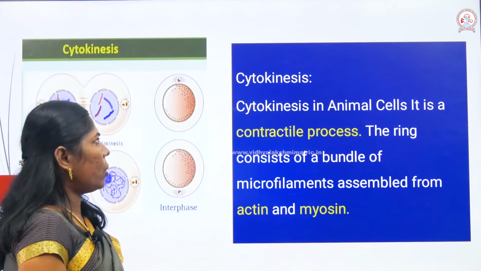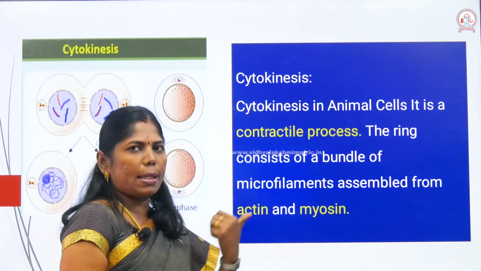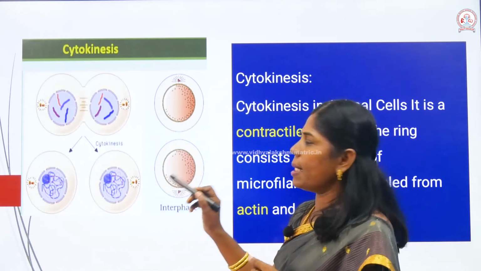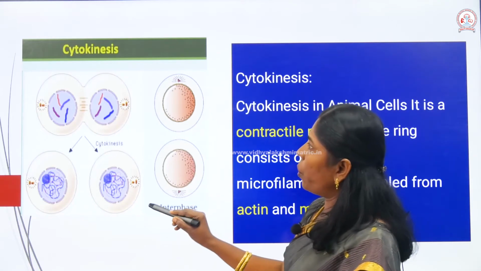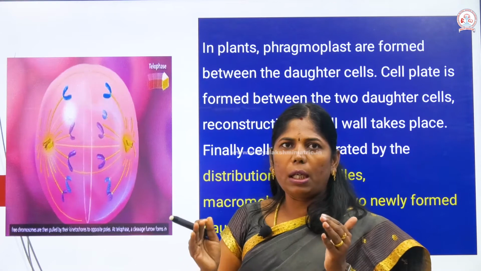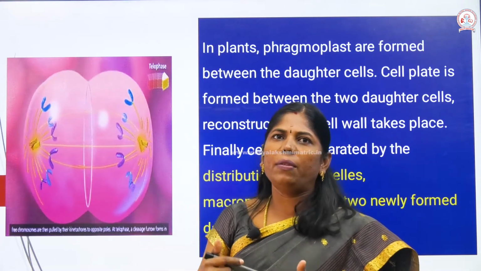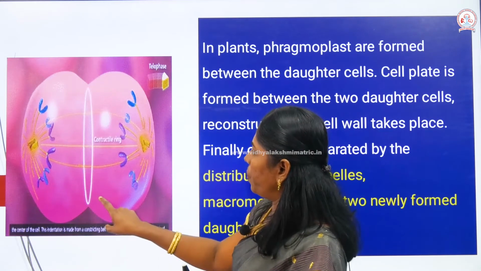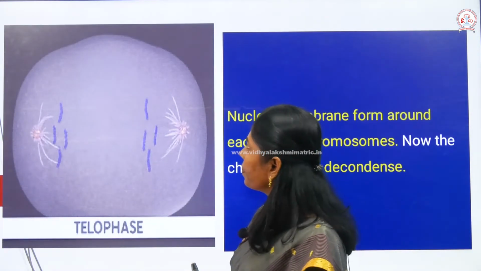So what is cytokinesis? The cytokinesis in animal cells is the cell furrow, as I said. Cytokinesis is the division of the cytoplasm. So this is cell furrow formation, from the periphery to the center. The outer cell moves inward, and the cell divides by cleavage in the furrow method.